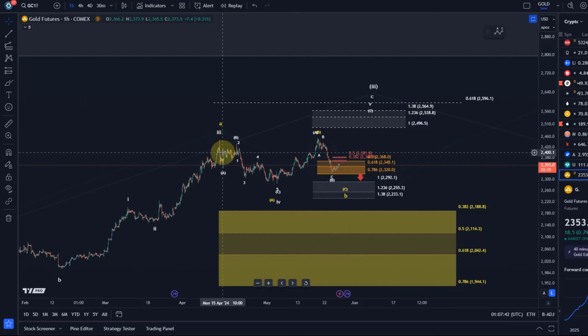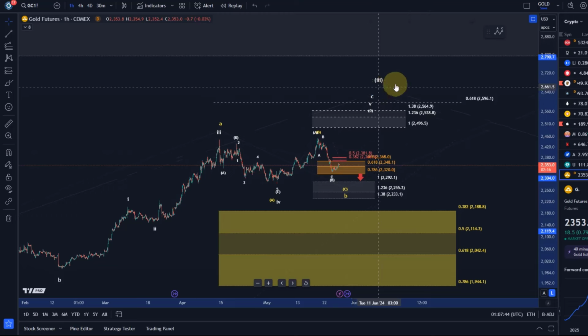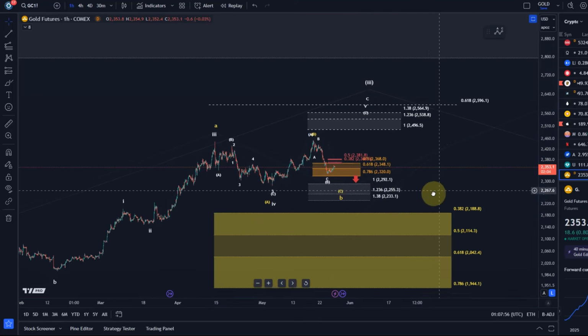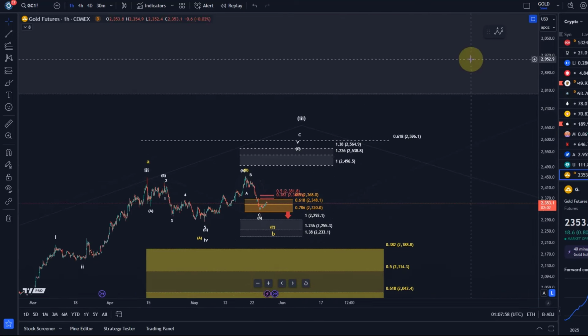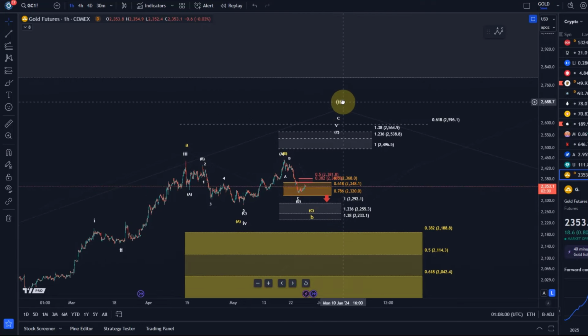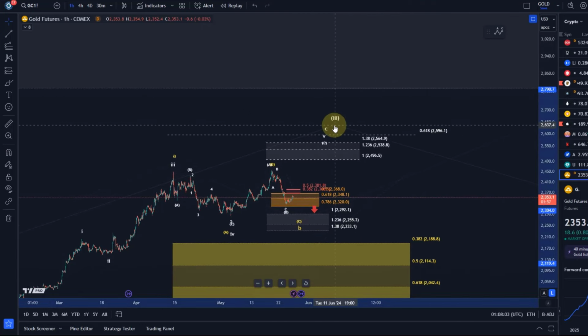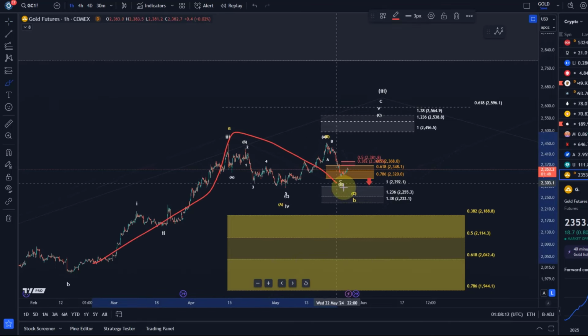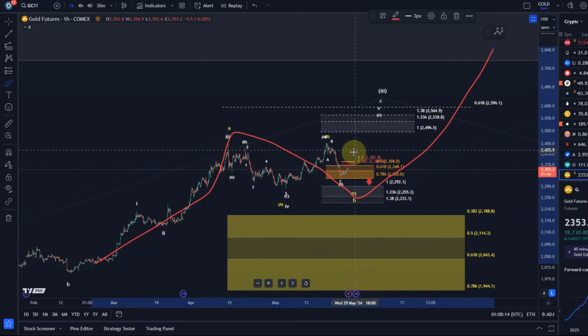In both scenarios, we are in a 3rd wave, actually in the same 3rd wave. But in the yellow count, we're only now basically starting the C wave rally of wave 3. So the wave 3 would eventually sit here. But ironically, short term, it would need probably another low. Okay. So the idea would be A wave up, B wave down, C wave up,